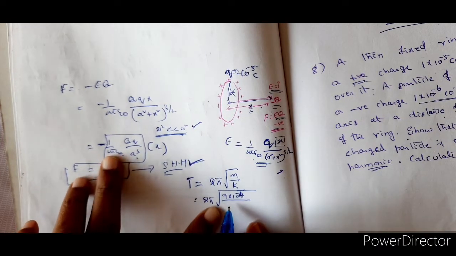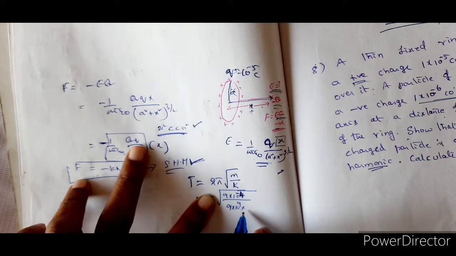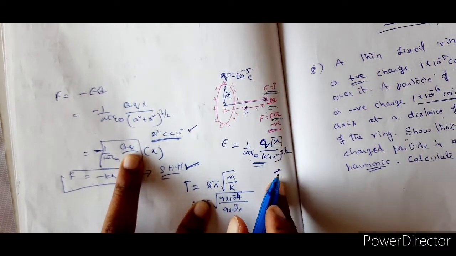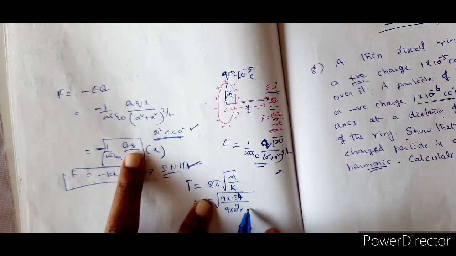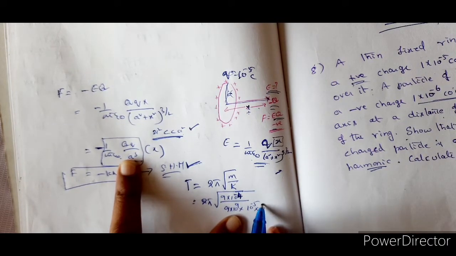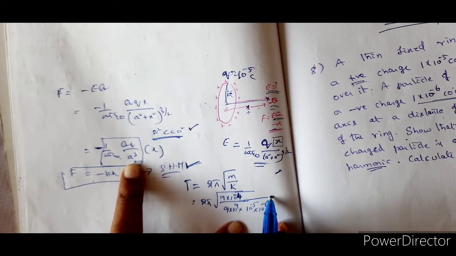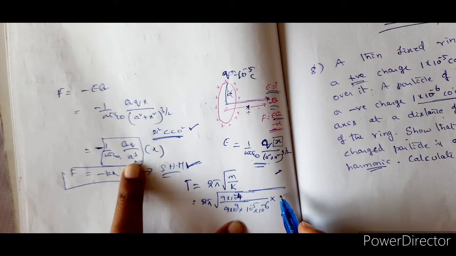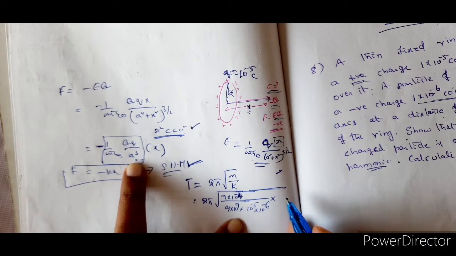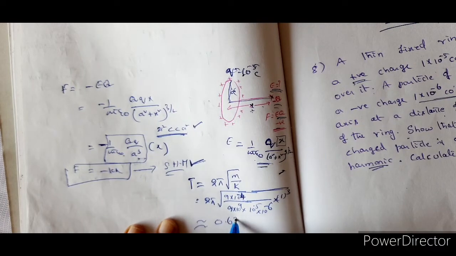By k value. K value, you have 1 by 4 pi epsilon naught is 9 into 10 to the power of 9. So therefore you will be getting 9 into 10 to the power of 9 into q. Small q is 10 power minus 5 coulombs. And what is capital Q given? 10 power minus 6 coulombs. So substitute 10 power minus 6 coulombs, by a cube. That means it will go into the numerator now. Into a. What is the radius of the ring given? 1 meter. So that is 1 cube. Right, clear? So simplify all this. Approximately you will be getting it as 0.62 seconds.